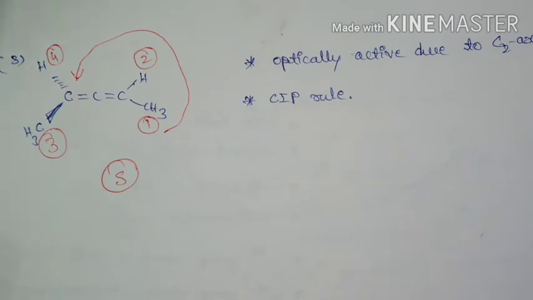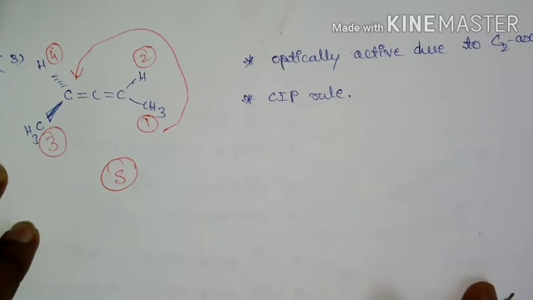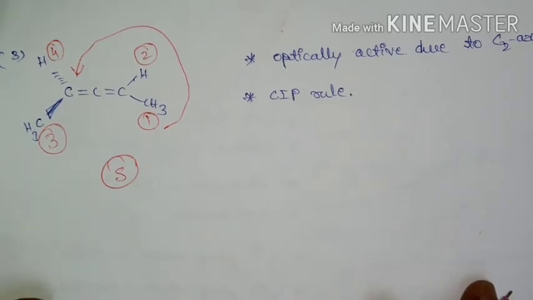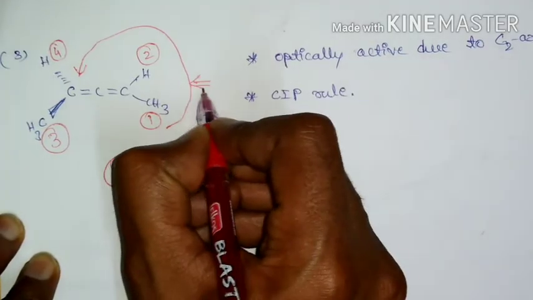So this is direct, by looking at the molecule and assigning the priorities to the bonds which are in the plane. One more way is by viewing the molecule from either the right side or the left side. So we will see how we can assign the configuration by viewing the molecule from either the left side or the right side. Suppose I view the molecule from this side,